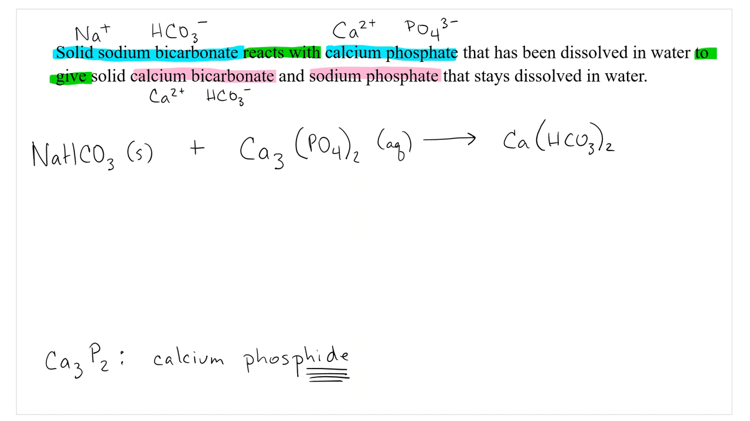Ca(HCO3)2. We need 2 bicarbonates for every 1 calcium to balance that out. That's aqueous. And sodium phosphate. What is the chemical formula for sodium phosphate? Sodium has a +1. Phosphate has a